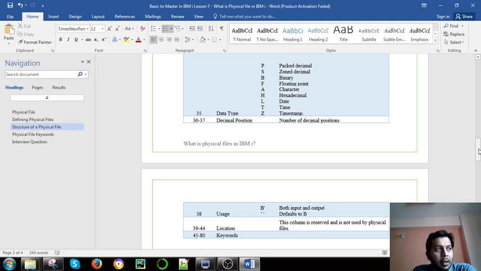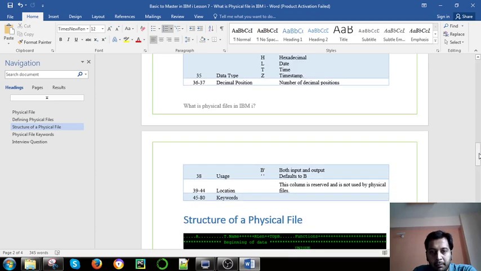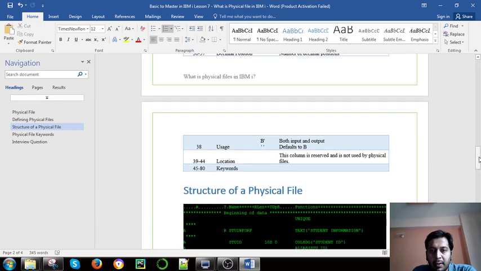For example, with 15.5 we have decimal positions, meaning how many decimal places will be used. And there is a column for how you want to show the data, which is basically used for display files. This column is reserved and not used for the physical file.